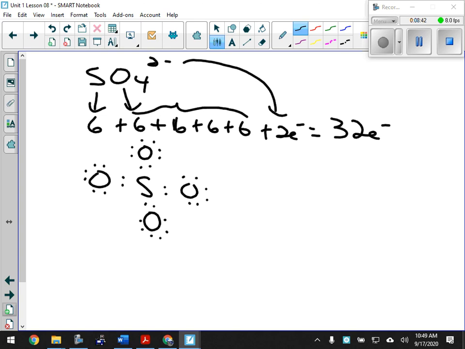Yes. Okay, or they have their octet, I should say, is what I'm trying to say. The middle one also does as well. I double check that. We're good. We're done. We put brackets here. Boom and boom. Okay, and don't forget the 2 minus though, because if you don't put that there, then you're